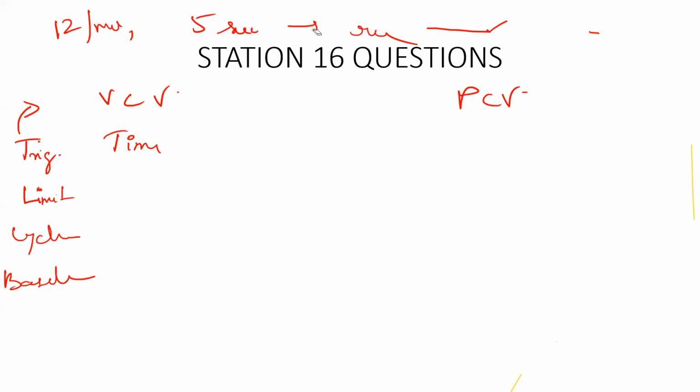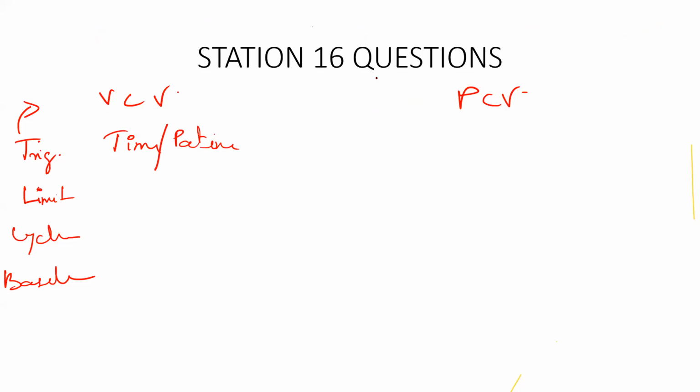Unmute and tell me, understood this second point? Yes, sir. So there is one more trigger. It could be time triggered, or it could be the patient who is initiating the ventilator. If the patient makes an attempt, the machine will recognize it and start ventilating. So there are two triggers: one is time triggered, and if the patient is breathing, it could be patient triggered. Clear? Similarly, for pressure control, it is the same: time triggered or patient triggered.